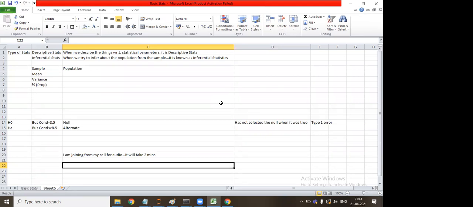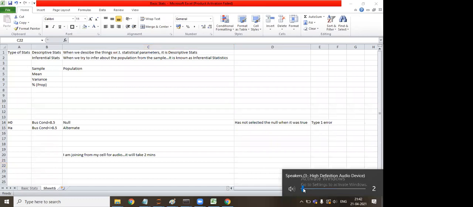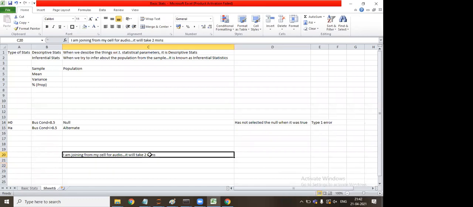Guys, is it better now? Yes, it's better. So the second condition which I was telling you: person B did not go with the bus. The situation is the same. When he called person A asking how's the bus, person A says the bus is pathetic. I will not rate it as 3 or 4. I don't know how people are rating it as 8.5. Is it clear?